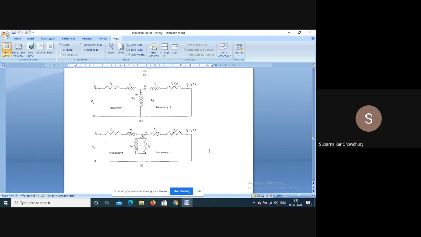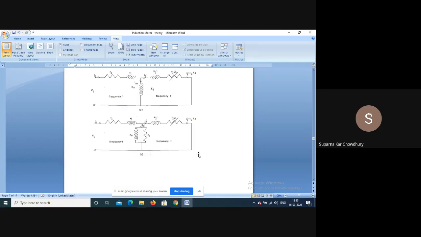Now, these losses are approximately fixed in the sense that as long as supply voltage and frequency are constant, core losses are fixed, and the windage and bearing friction loss actually depend on the speed. Now, the induction motor speed from no load to full load varies slightly because slip will increase, but the variation is very small. In the range of speed variation, the windage and bearing friction loss remains more or less constant. The variation effect is very negligible. So that is considered as constant losses and subtracted at the end of calculation.